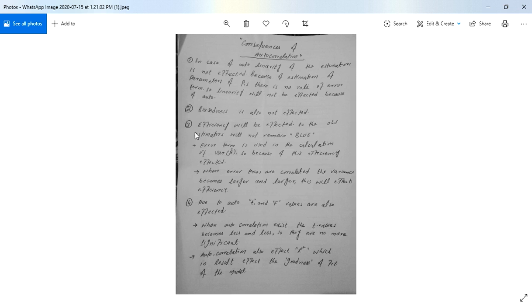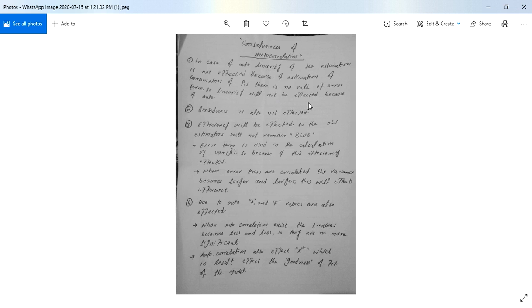So now let's talk about what will be the effect of autocorrelation on your model if it exists in your data. Let's talk about the properties of OLS, which we call BLUE, best linear unbiased estimator. In case of autocorrelation, linearity of the estimator is not affected, because the estimation of the beta parameters has no role for the error term.